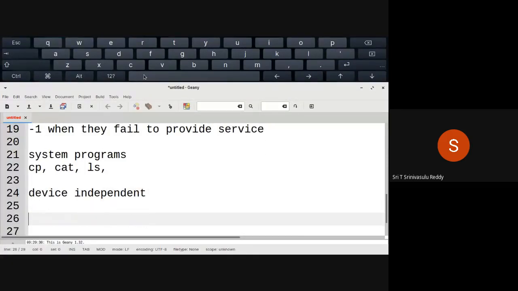That means one should be able to think in a more general manner. We should not worry about whether you are using a tape, a disk, or a keyboard.